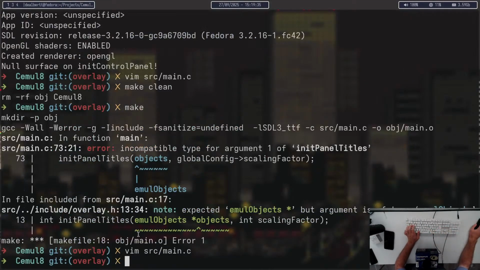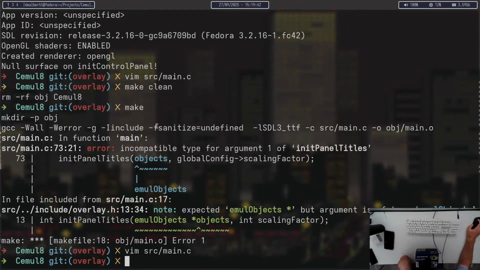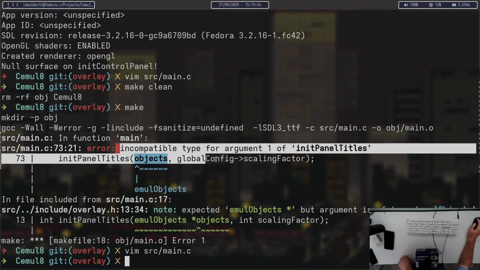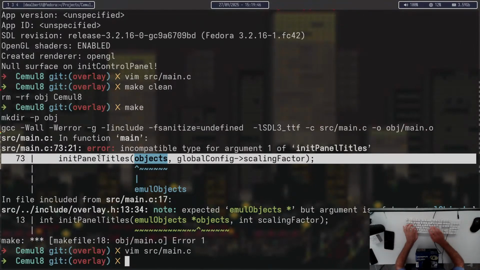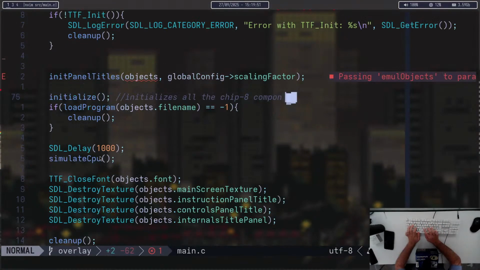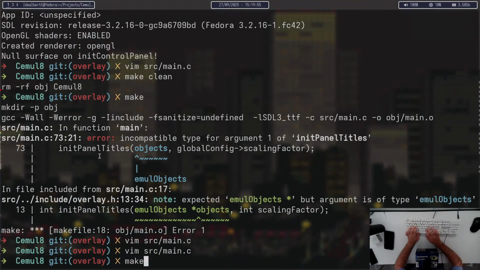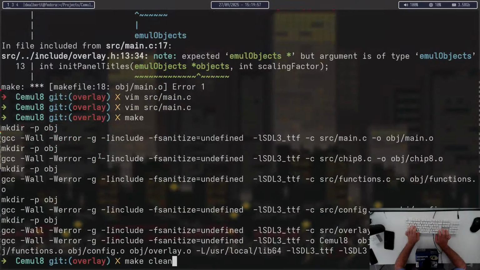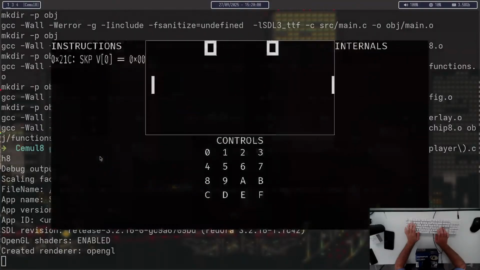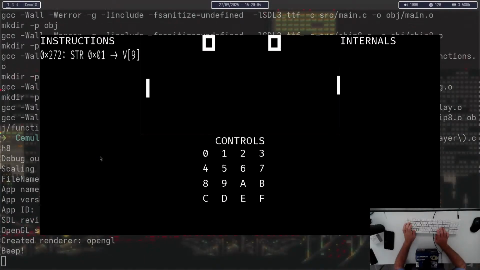Okay, what the actual fuck? Error, incompatible type for argument 1 of init panel titles objects in main 73. Probably right. Just probably not too sure about this. You might be right this time. Will this fix it? Yes. It should probably still fail. Okay, no. That's weird. Okay, maybe not. Okay, not weird, but